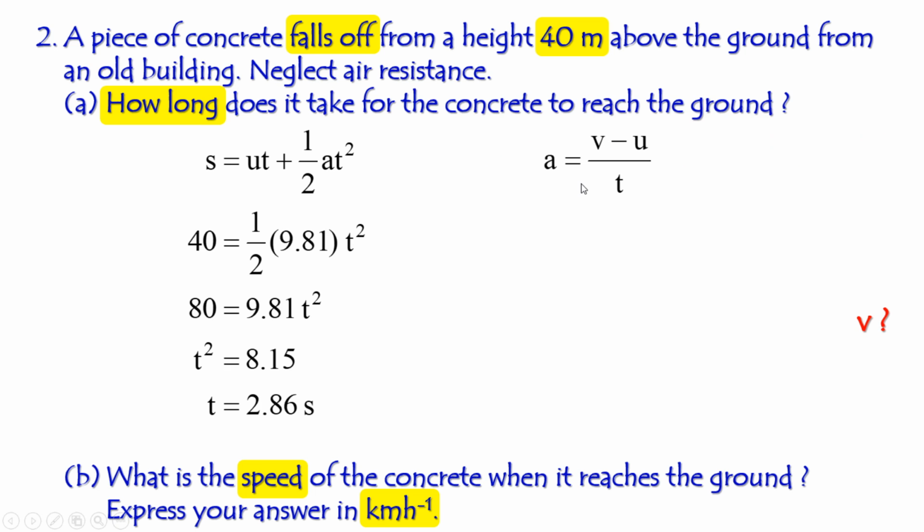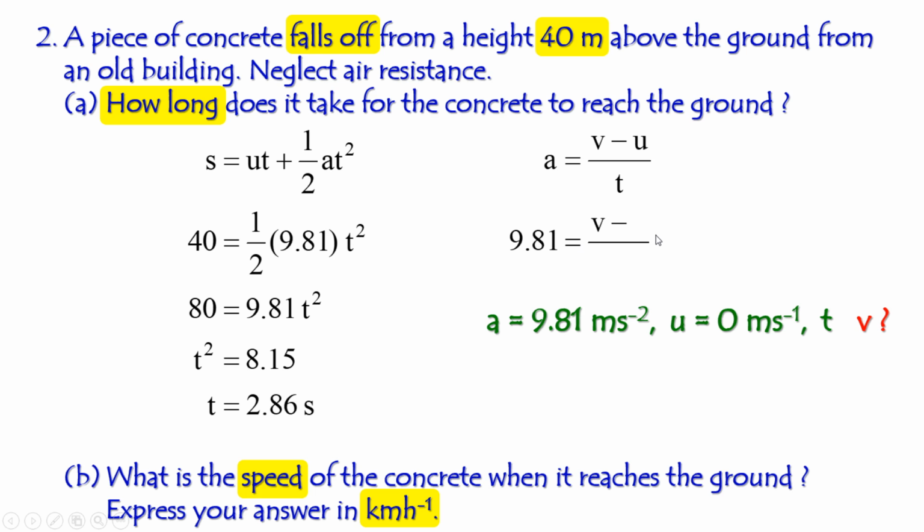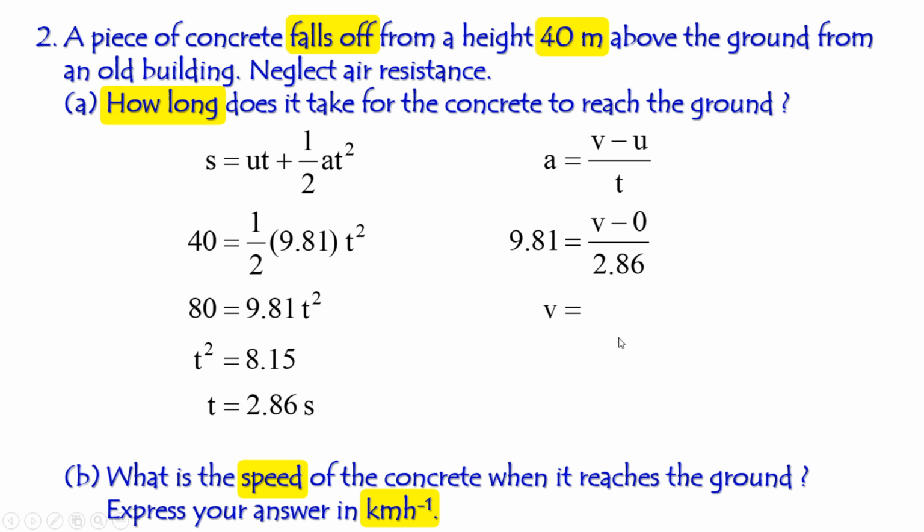You can find it by using this equation, because you have the acceleration, the initial speed 0, and the time taken is 2.86. So you can make use of the first equation. You put the data into this equation: 9.81 equals V minus 0, divided by 2.86, and then you get the answer